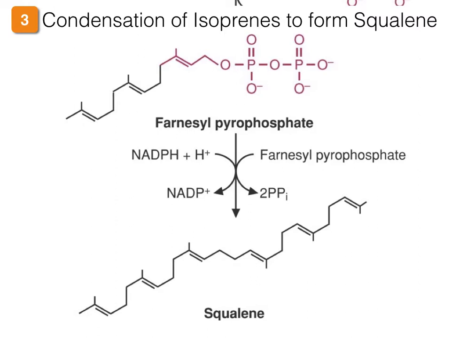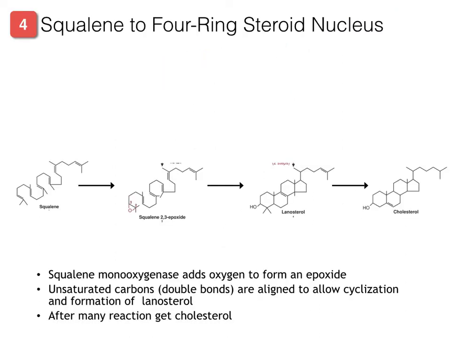As you have noticed, the steps in this particular phase of cholesterol metabolism involve condensation of isoprene and the longer derivatives of isoprene, where the final step in this particular phase produces squalene. If you notice the structure of squalene, it is almost like cholesterol, except that it is linear. So the final phase is the cyclization of squalene to form now the